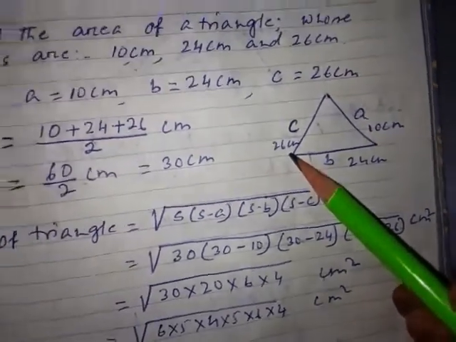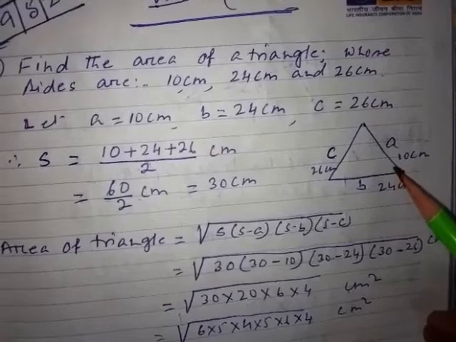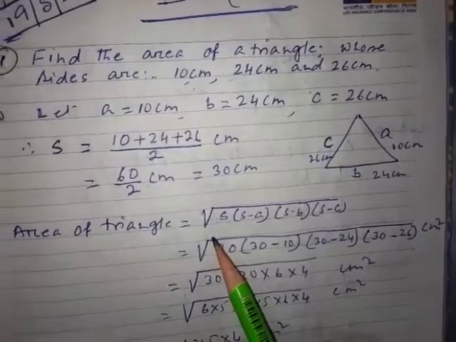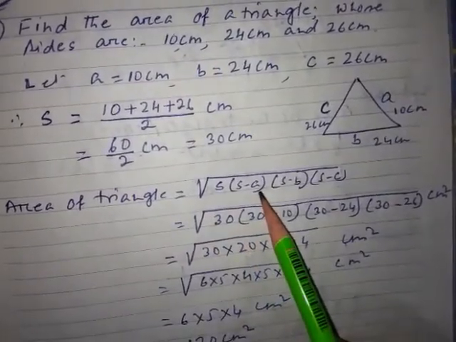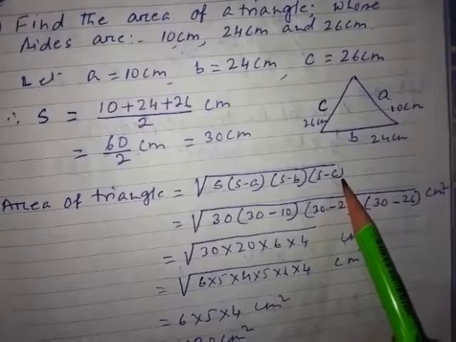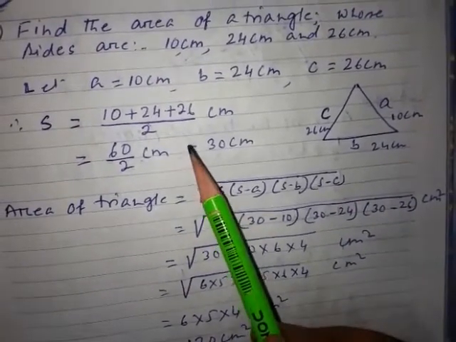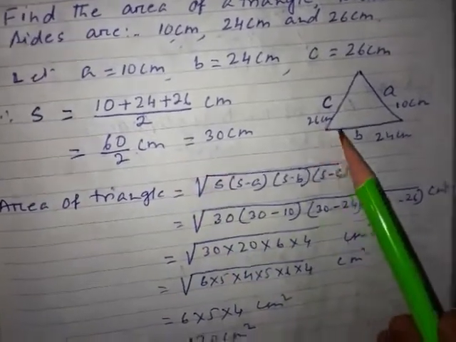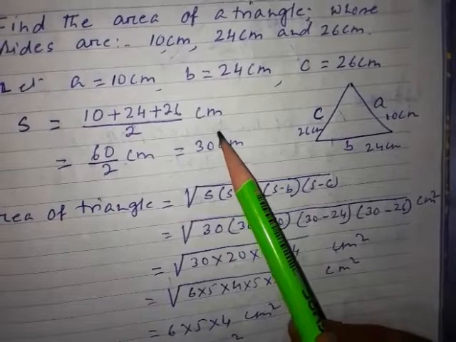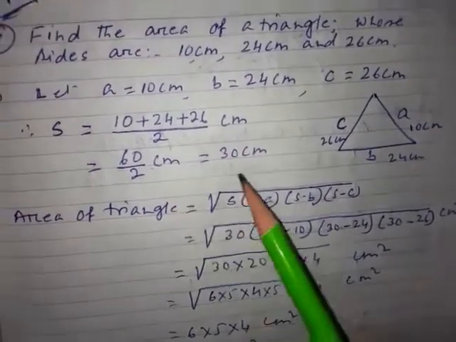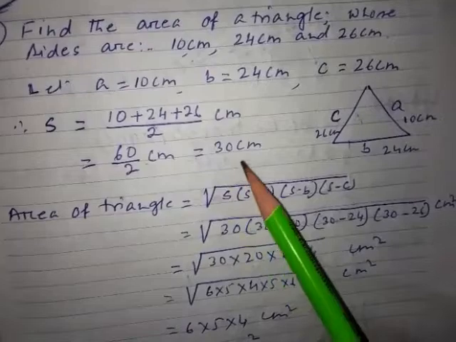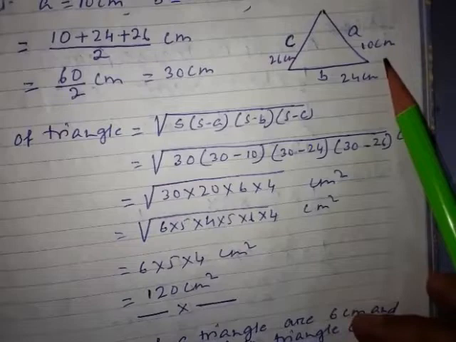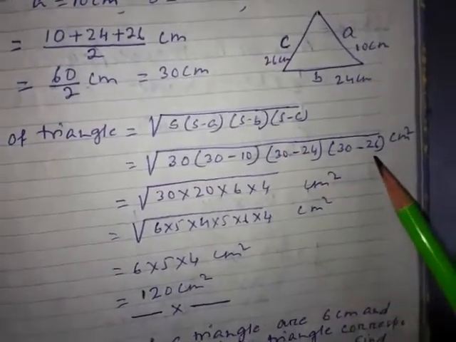Okay, and now if three sides are given, you know how to find out the area of a triangle. Yesterday I told you the area of a triangle where three sides are given is root over of s into s minus a into s minus b into s minus c. What is s? s is equal to half of the perimeter. And what is perimeter? Perimeter means sum of all the three sides of a triangle, and its half is called s. So in place of s, I put the value of s, and in place of a, value of a, in place of b, value of b, in place of c, value of c, I put it.